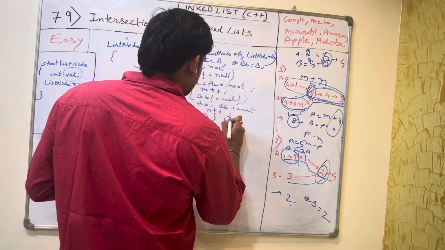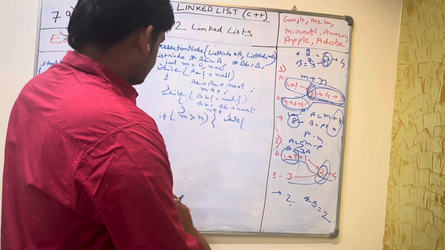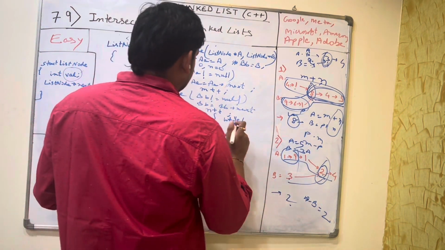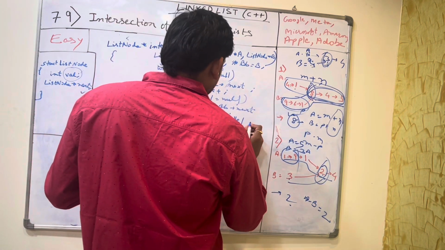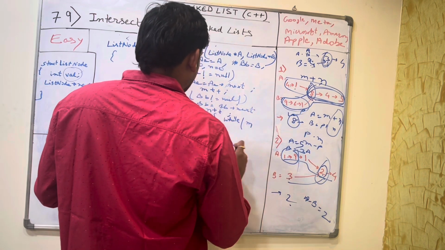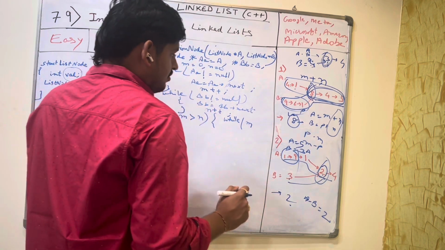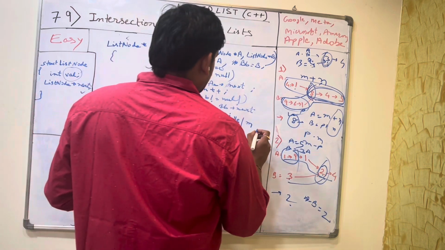While m is greater than n, that means the size of A is greater than the size of B, right? So we need to traverse how much greater it is, right? So what we'll do,